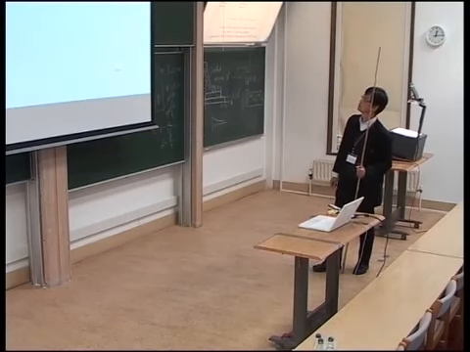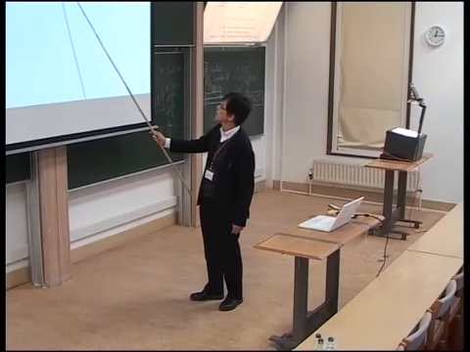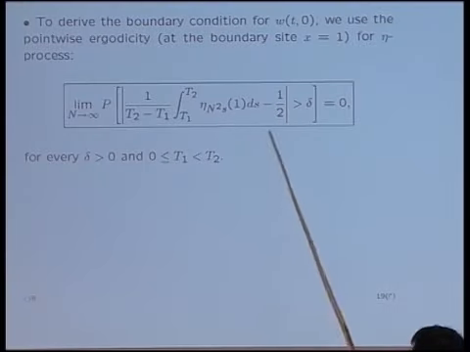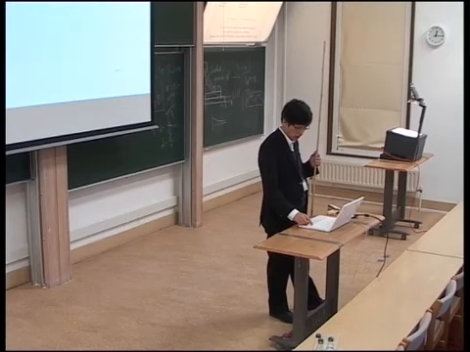Maybe I don't have the time, but this is a point-wise ergodic theory. In the Leibovitz-Spohn case, they have to take average also in space, but we don't need to take average in space. In this case, much more precise asymptotic at single site can be shown. But anyway, this gives us the appropriate boundary condition for our limit equation for the scaled 2D Young diagrams.